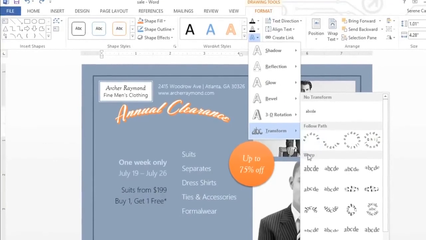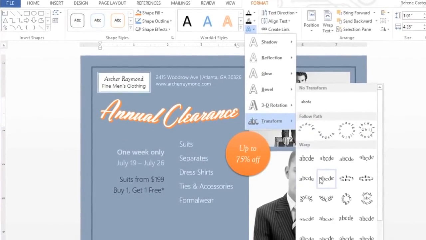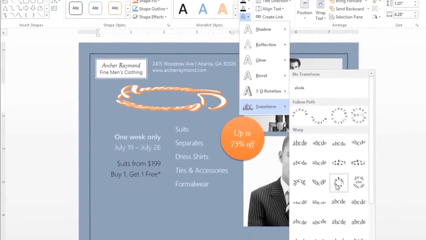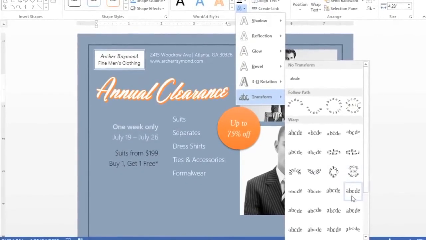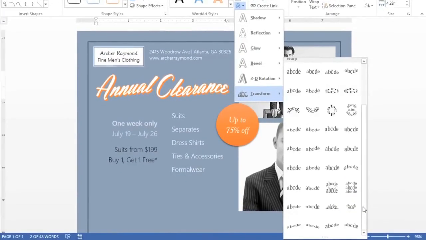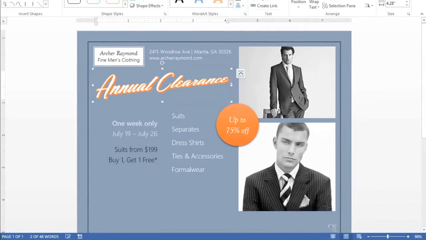This effect will actually change the shape of your text. Just mouse over the options for a preview, and be careful not to choose one that makes your text unreadable. I think this one looks pretty good. Once you've added a transform effect,